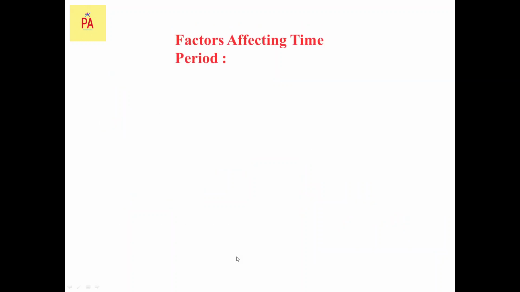Now the last one, factors which affect the time period. Now there are 4 factors. First, factor not affects 4 factors. It is mainly 3 factors which affect. First, the length, which is directly proportional to the time period, and the length here is in root. That means time period is proportional to the root over L, or we can also write T square is directly proportional to length, where this length is the effective length of the simple pendulum. Again, T is proportional to 1 by root g, or you can also tell the time period is inversely proportional to root over of g. Both are the same.